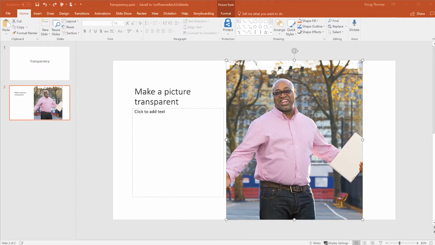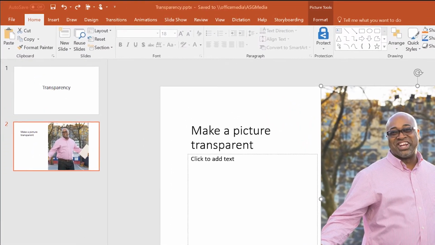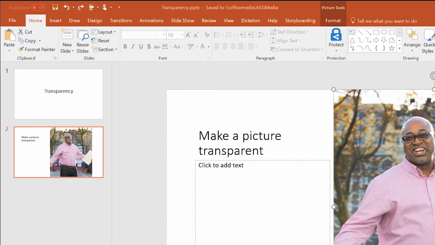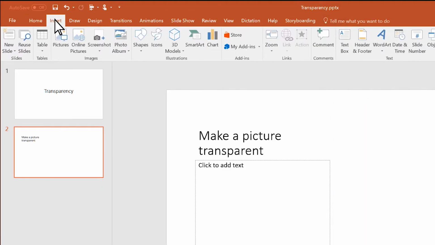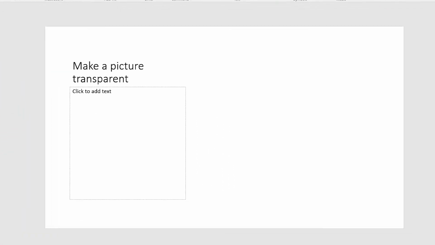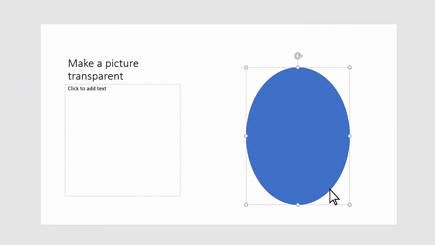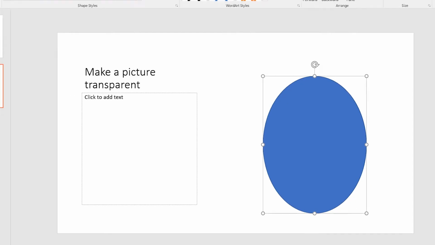When adjusting a picture in PowerPoint, you may need to make that picture transparent. You can do this by inserting the picture inside a shape. Select Insert, Shapes. Pick your shape. Adjust the shape as necessary. The shape should be proportional to the picture you are inserting, otherwise the image will become skewed.